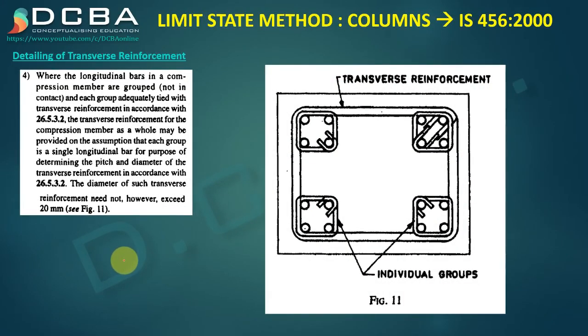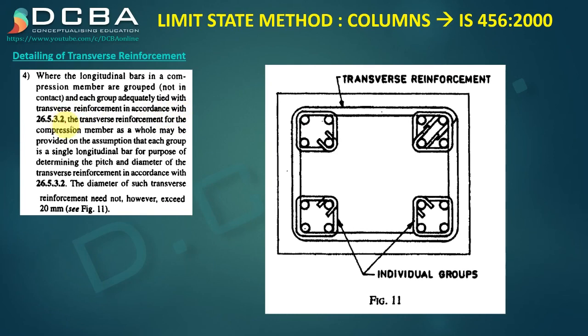And the last one, where the longitudinal bars in a compression member are grouped, not in contact. So these are called grouped bars. When a column is very large, what we can do is, instead of providing single reinforcement, we can group those reinforcement, and they shouldn't be touching. Okay, no reinforcement should be touching each other, and every individual group will have its own link, as you can see here, right? So yeah, what it is saying is, and each group adequately tied with transverse reinforcement in